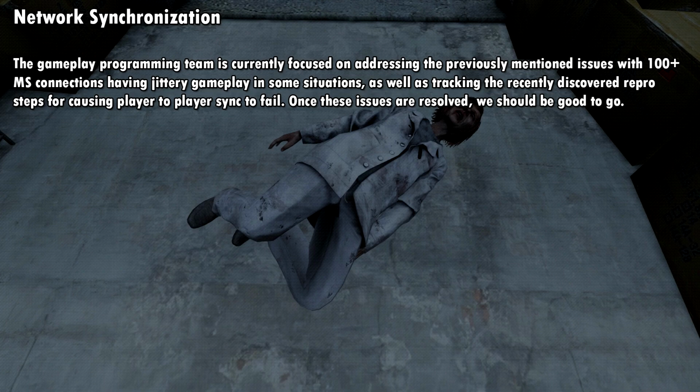To talk a little bit more about the network synchronization, they did say that the gameplay programming team is currently focused on addressing the previously mentioned issue with 100 plus ping connections having jittery gameplay in some situations. So they are working on that. That's a pretty big one, as well as tracking the recently discovered repro steps for causing player-to-player sync to fail. Once these issues are resolved, we should be good to go. This is, I would say, probably the major blocker right now for 0.61. This is probably the biggest one on the list. Once this one is taken care of, I feel like we'll be very close to having the update drop